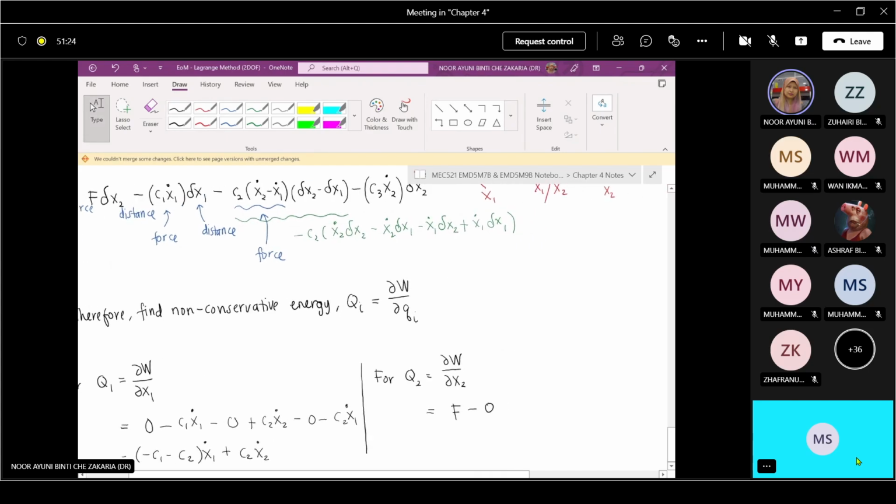And then based on this green, which I put in there, we'll have negative C2 x2 because it's on x2, plus 0, plus C2 x1 dot, and then minus 0. So I'm having Q for x2 is F minus C2 x2